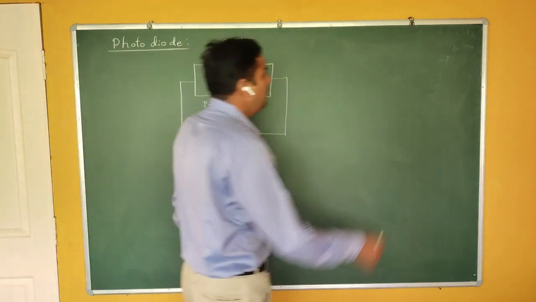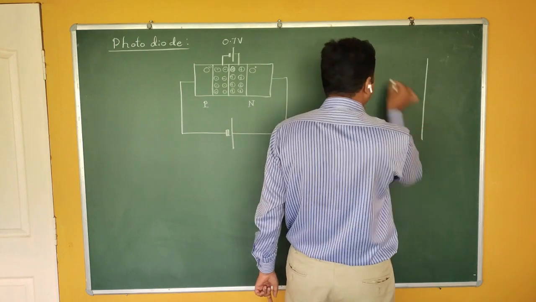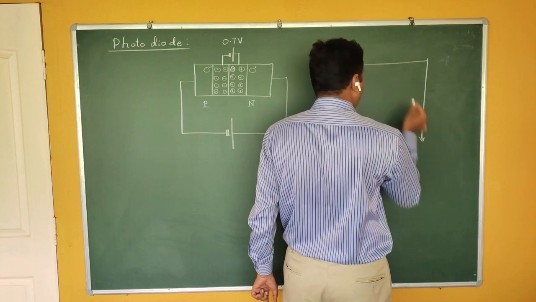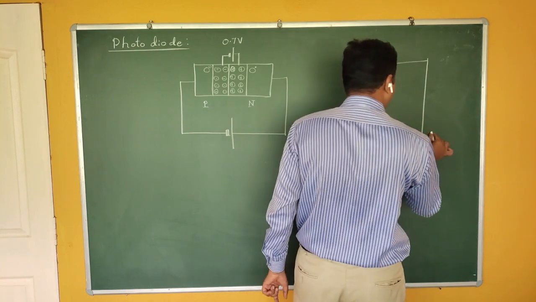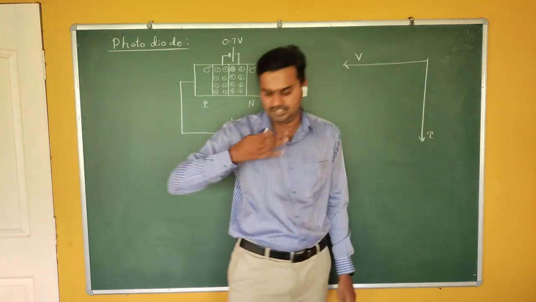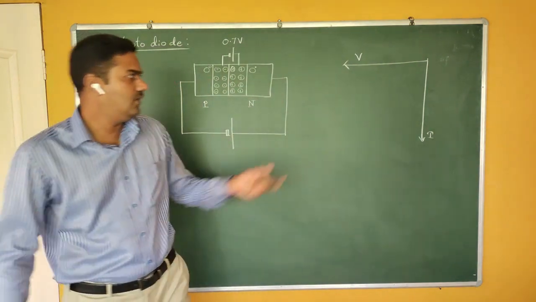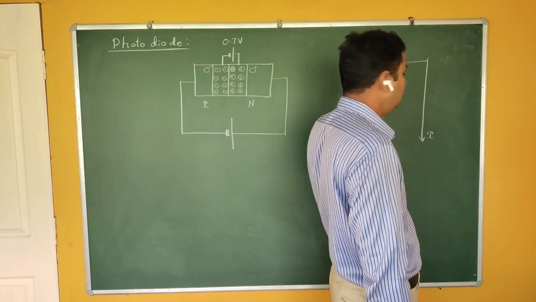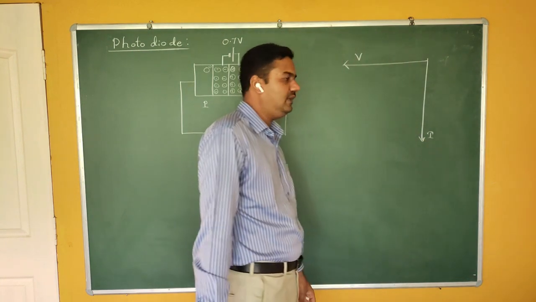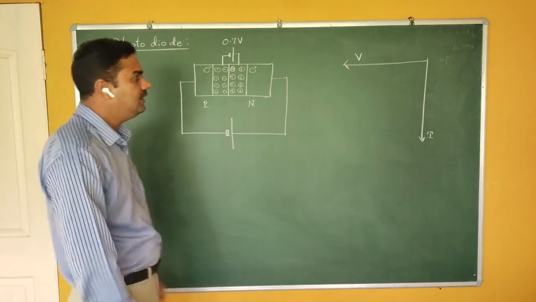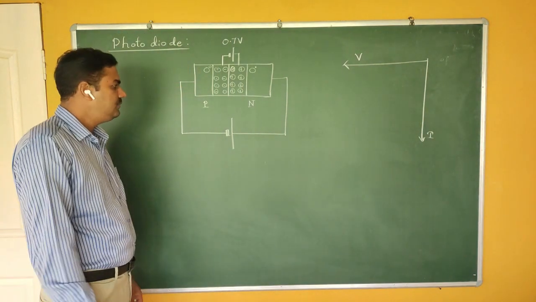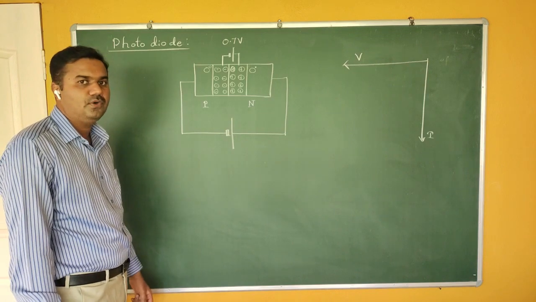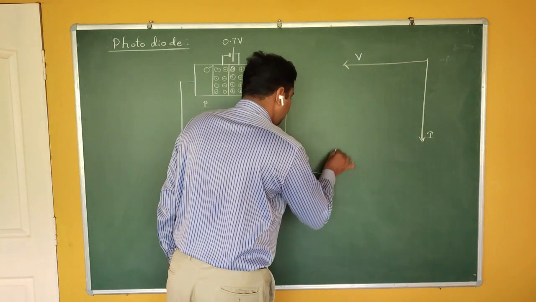As you know, for the reverse bias, I should draw this graph in the third quadrant. The reason is that it is the reverse. You are reversing the voltage, therefore you are not drawing the voltage on the positive x-axis in the first quadrant, but on the negative x-axis, and the corresponding current you take on the negative y-axis. As we know, during the reverse bias there is actually no flow of electrons. The reason is the barrier.